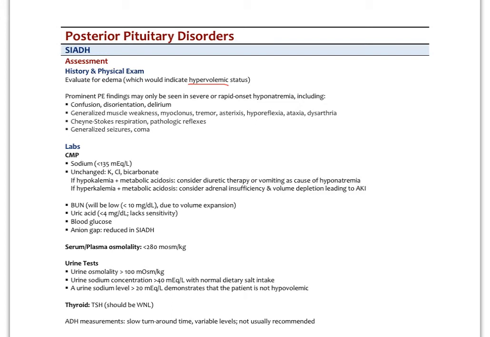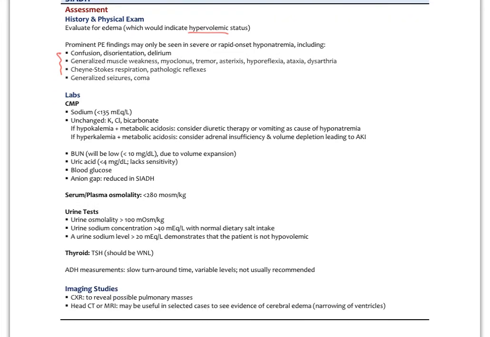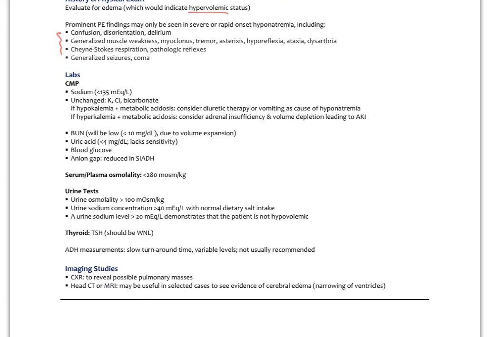And we want to look for any of the neurological signs: confusion, disorientation, delirium, muscle weakness, myoclonus, tremor, asterixis, hyporeflexia, ataxia, dysarthria, even breathing issues like Cheyne-Stokes respiration, pathological reflexes, generalized seizures, or coma. Again, if any of these are presenting, send them right on to the ED. We want to check the sodium levels, of course, and then we can look also at the potassium,